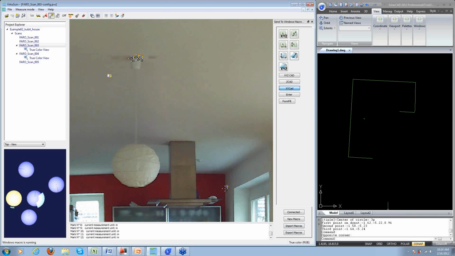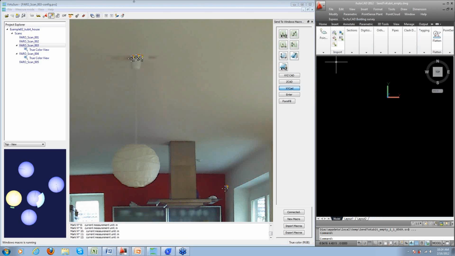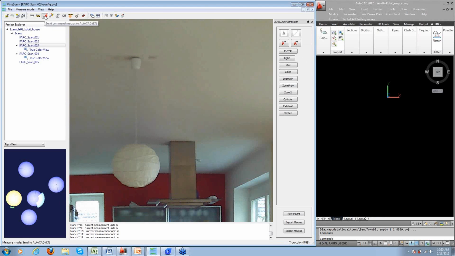Now, in addition to just plain IntelliCAD, of course, we do have the AutoCAD-based connections as well. And some of you that have used our AutoCAD-based products know about our previous Kubit planar view product. And so we're continuing that into VirtuSurv, but in addition to plain AutoCAD, you can use AutoCAD Lite now as well. Now there's a little bit different interface with the AutoCAD, as I stated earlier, but